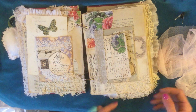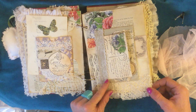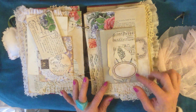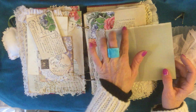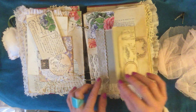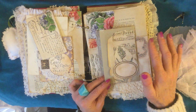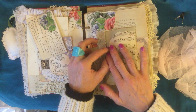Then on this facing page, again, you've got some more of that vintage doily just hanging off the page. I love how that looks. And then I just did a little matchbox book. Now, again, this is from a different book of flowers, a vintage book. So I left all the vintage yumminess of the page itself, and the picture that was mounted on this page was hanging off, and not the nicest picture. So I took the picture off and I've made a little matchbox book instead from it